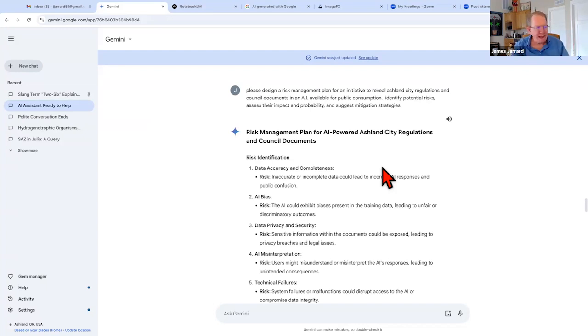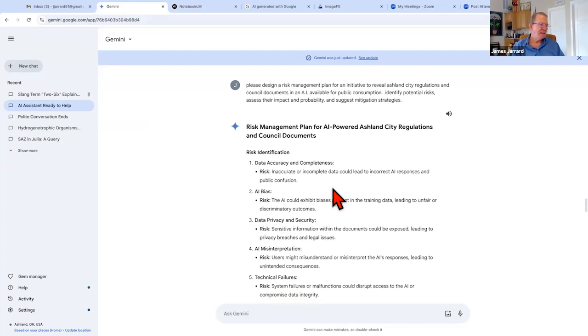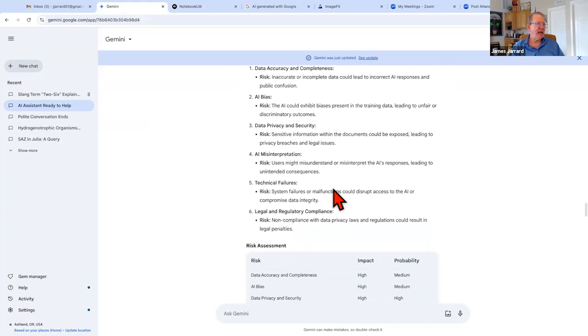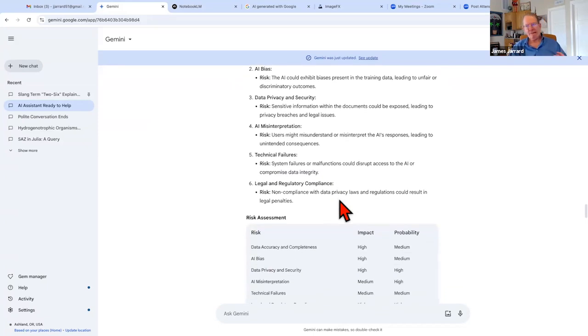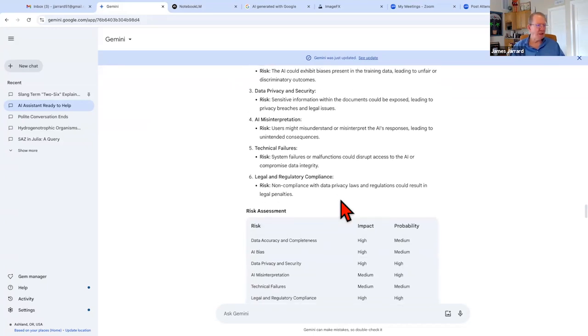What's the problem with it? Well, here's the problems as Google sees it. Data accuracy, AI bias, privacy risks, technical failures. I could get sued by Ashland.